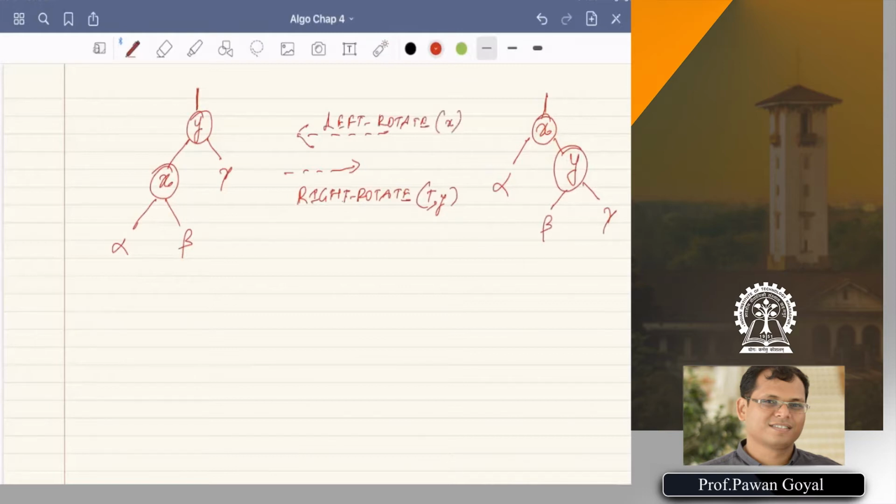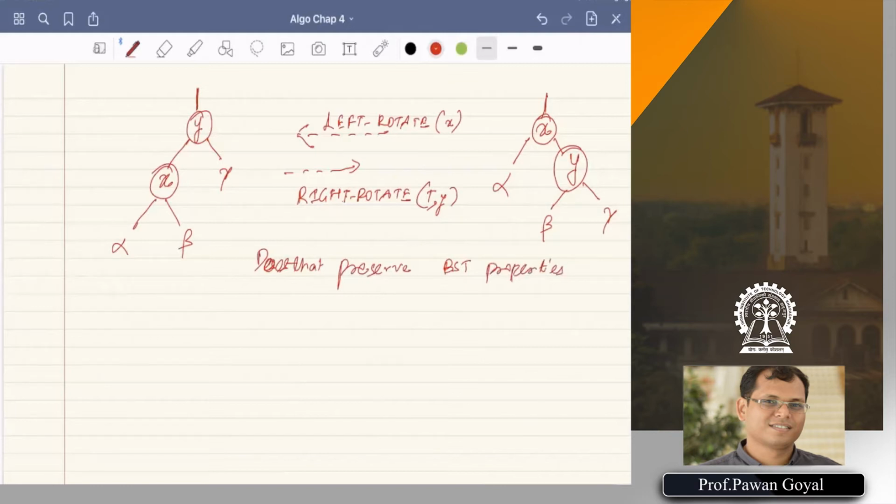Now, first of all, does that even preserve the BST properties? So let's see the order of the keys.